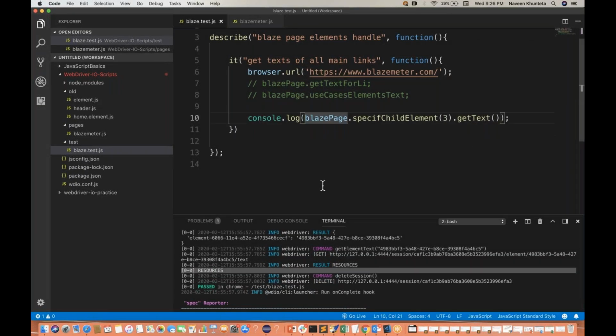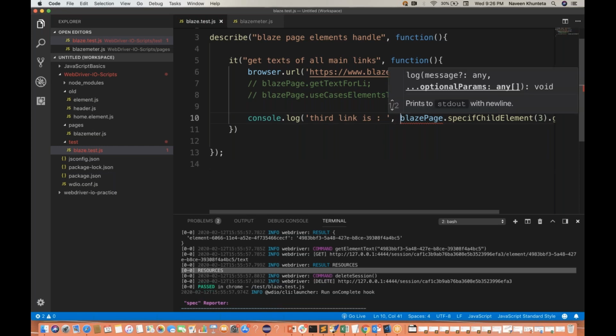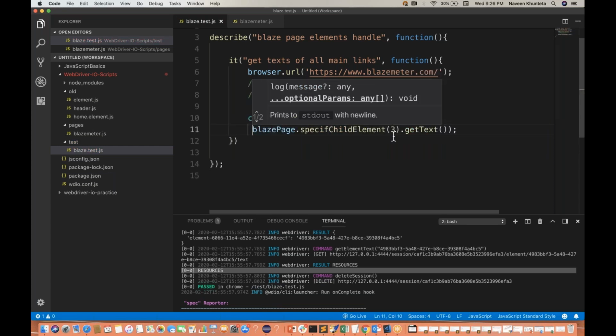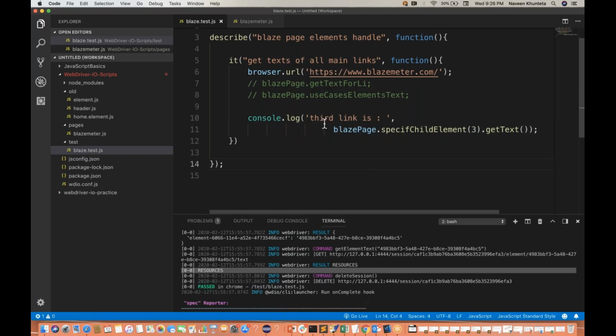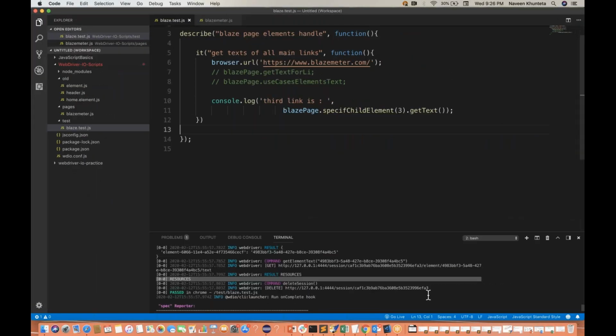If you really want to print in a different way, you can print it like this. That third link is something like this. Okay, sorry, comma, like that. So you can print it like this. Okay, so third, this is a string. In Java, we used to have plus, but here we can put a comma, and then it will be appended with this in console.log. Or in the same line, if you really want to see. Now let's run it again,